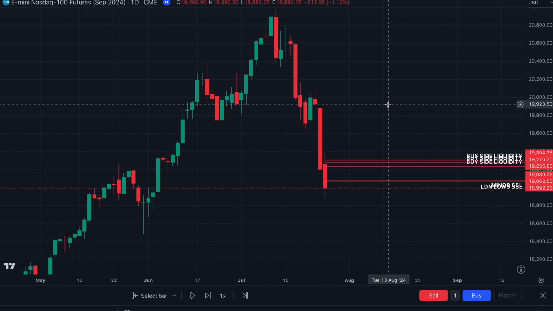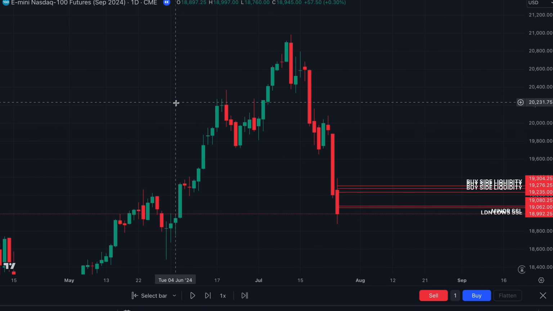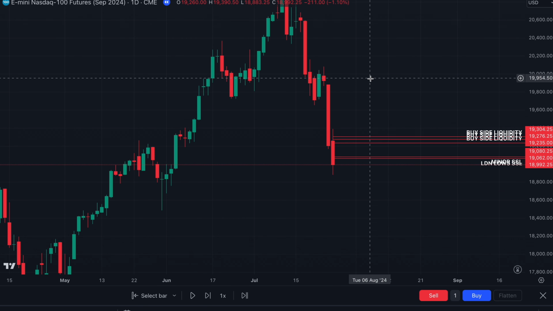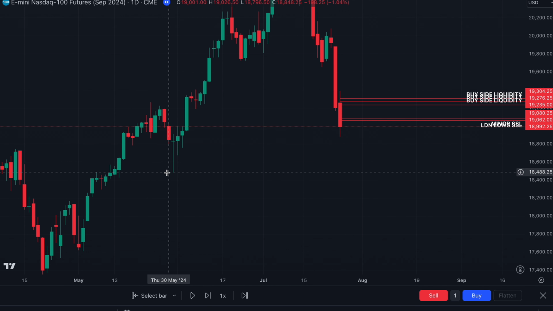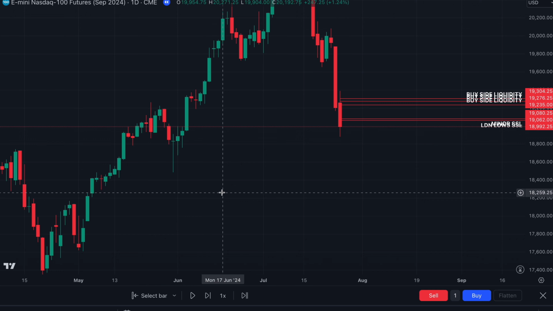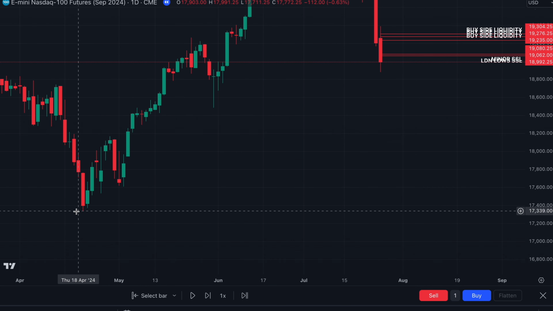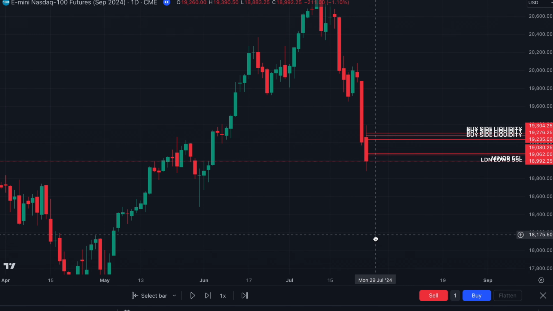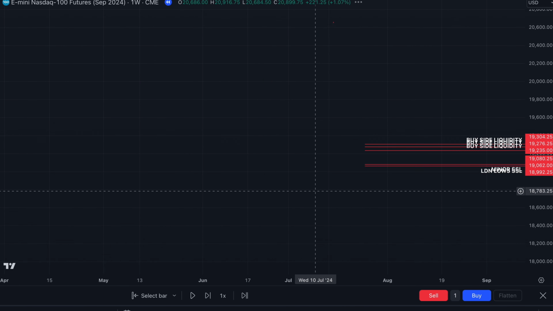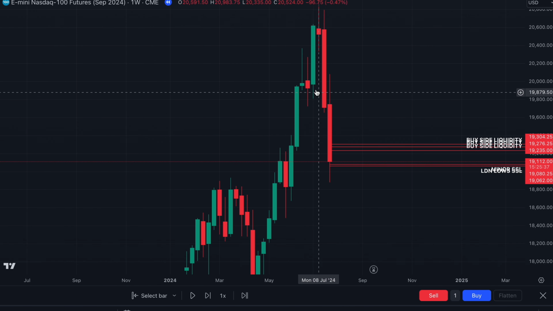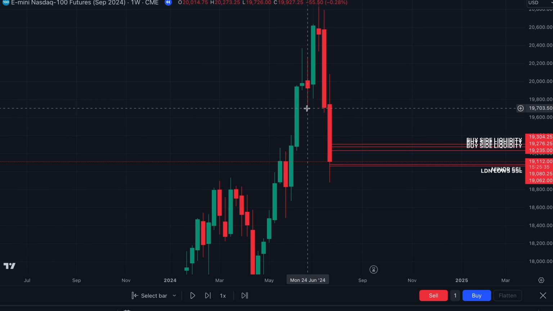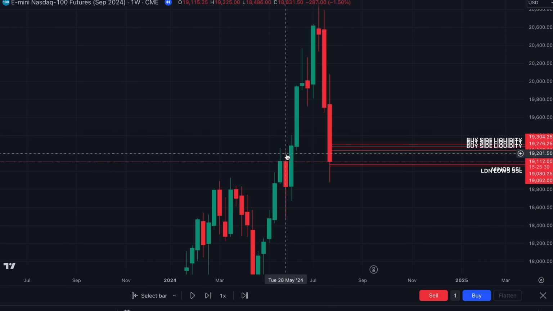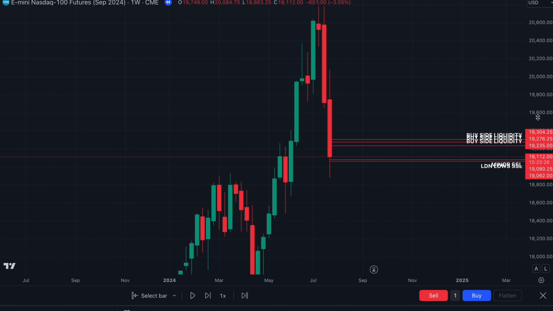Dropping down to the daily time frame, we also have a daily unicorn model. So the drawn liquidity as of now is going to be 18,488, and this level here, which is 17,339. So the drawn liquidity at the moment is 100% lower. If this weekly bullish gap gets completely inversed and it turns into an inverse fair value gap, then we can happily say that price is going to reprice lower.